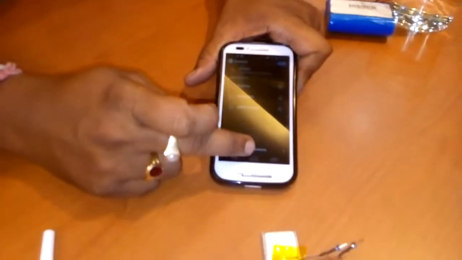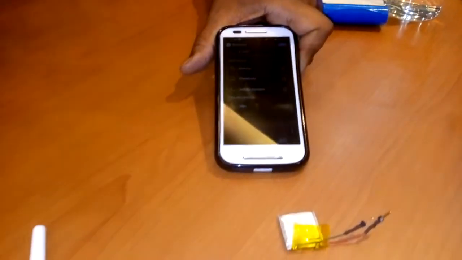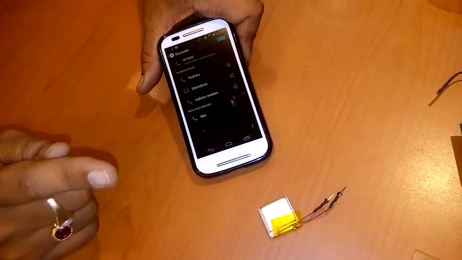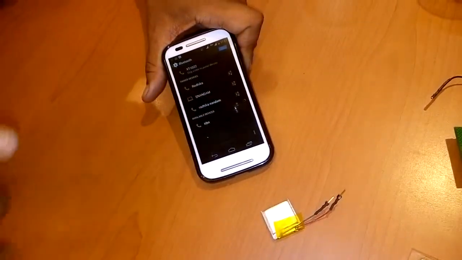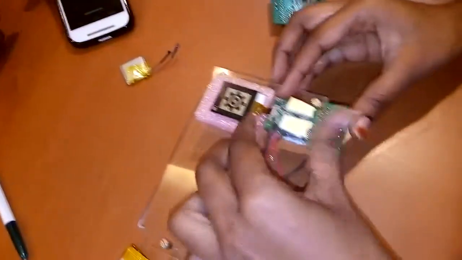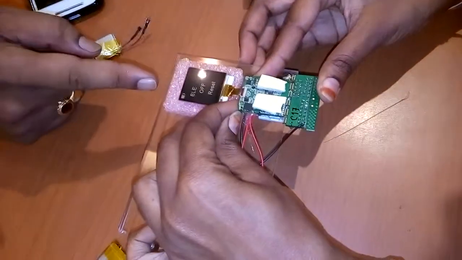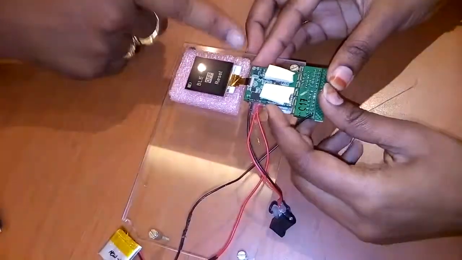Let me search for more. KBN is something else. This should show us the name of this. i600 is the name of this board. So it should show as i600 with some serial number. So let's switch on the Bluetooth on this. Now enter the application, select this one and change this.